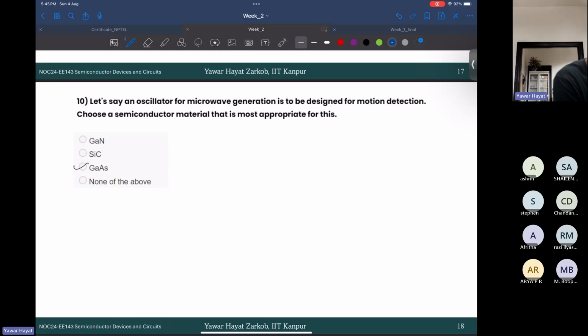Gallium arsenide is best suitable because its higher mobility results in lower excess resistance